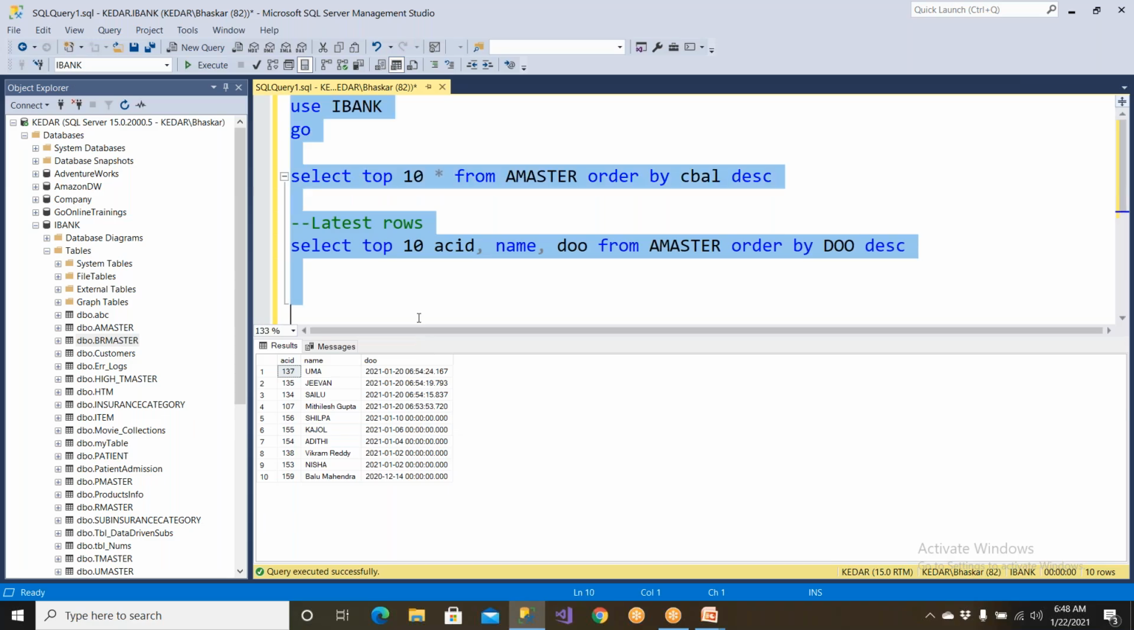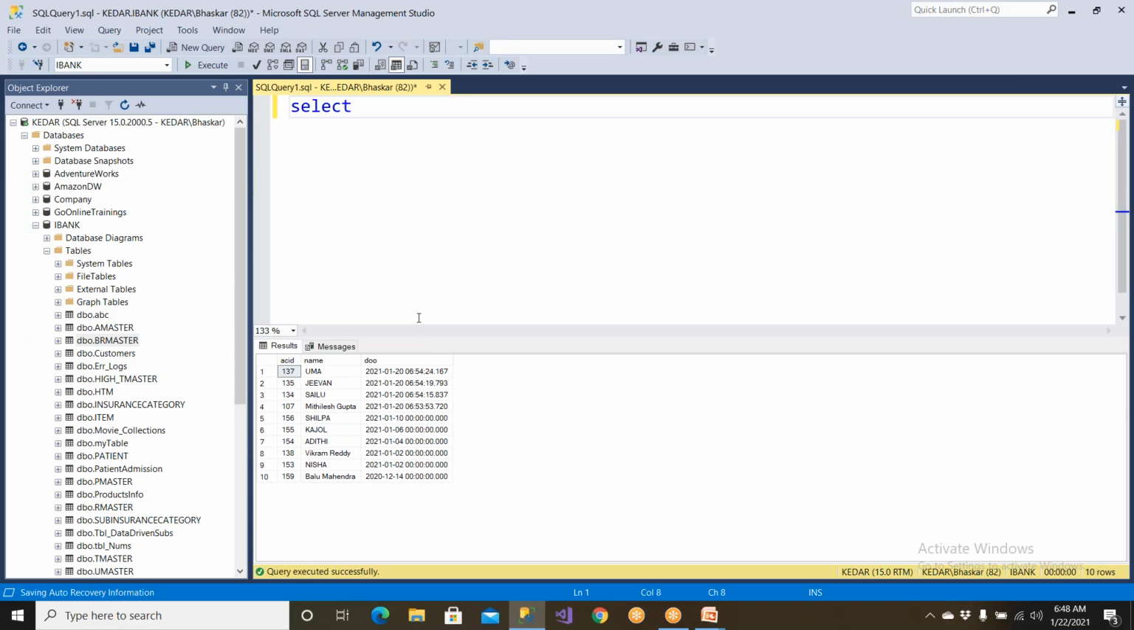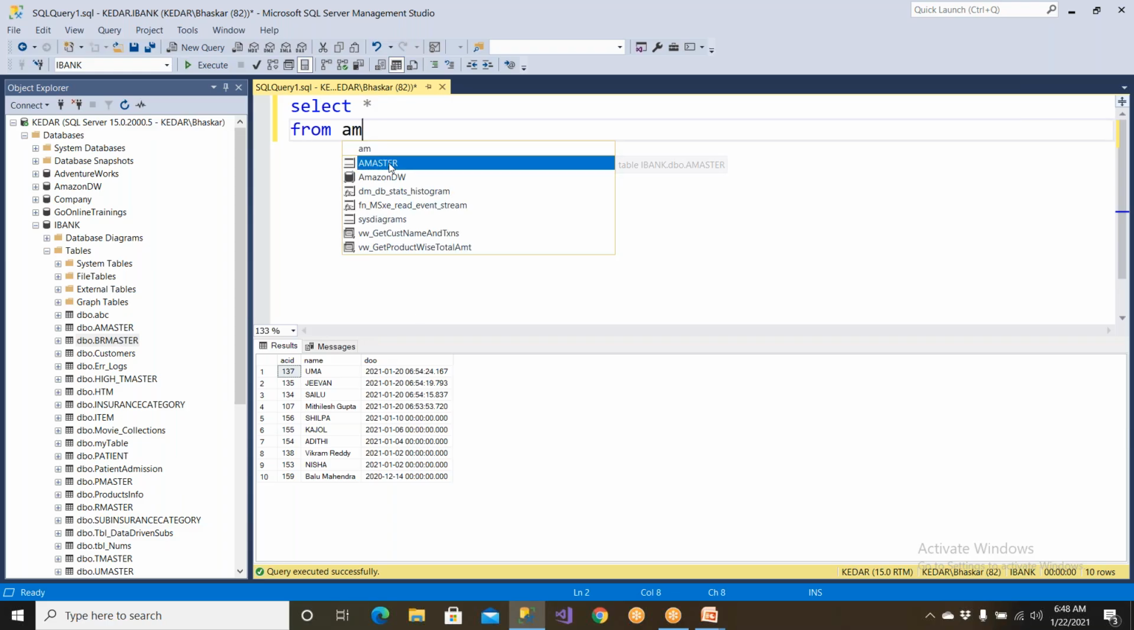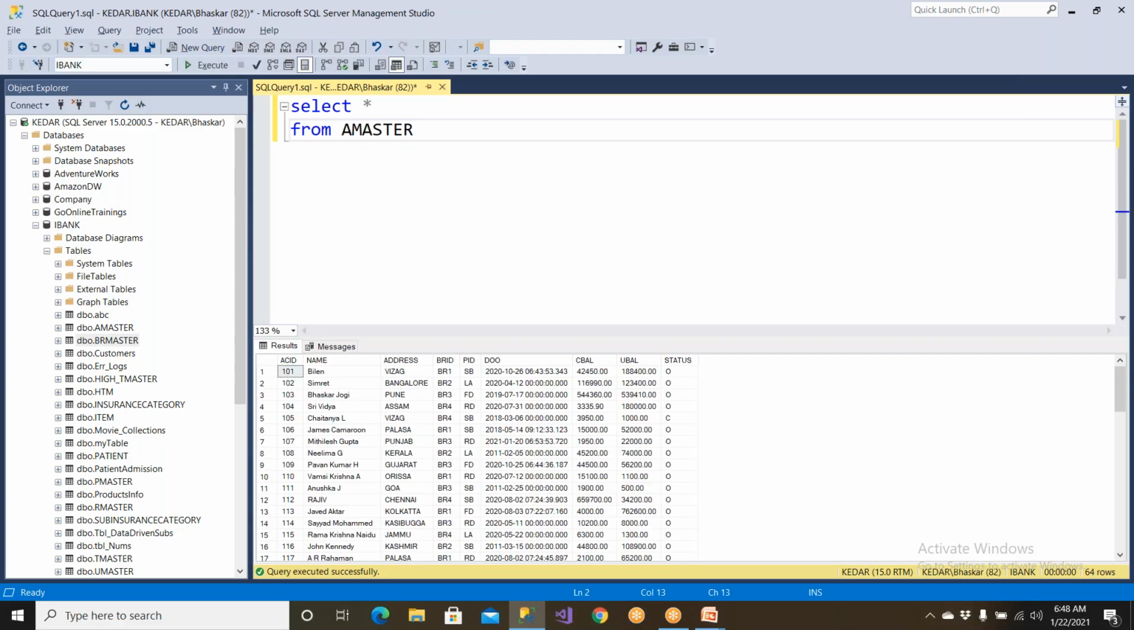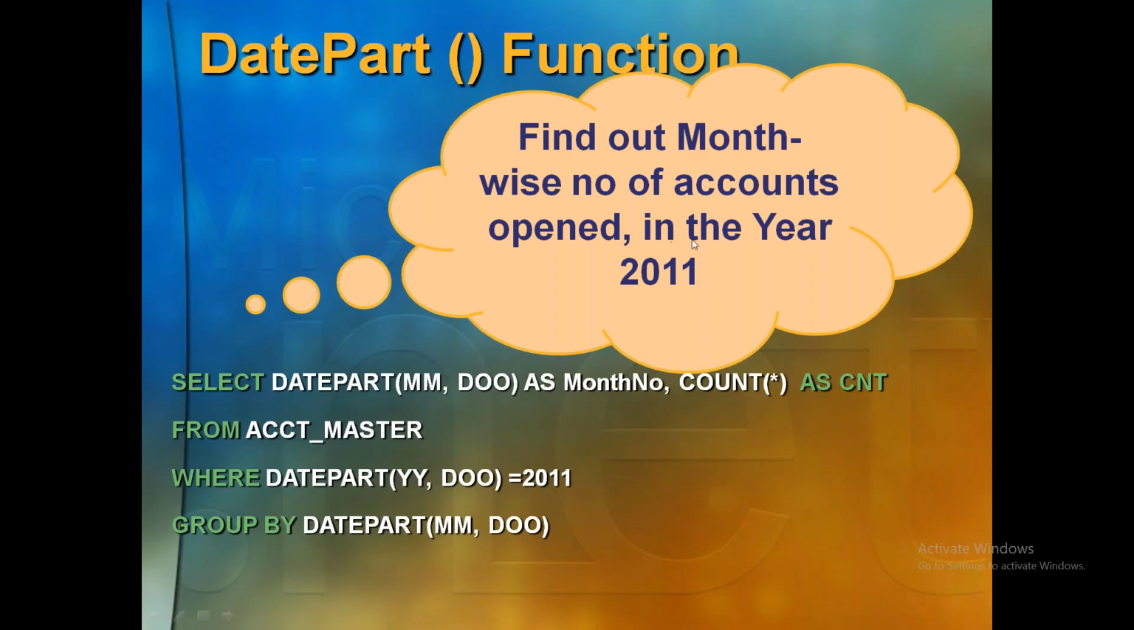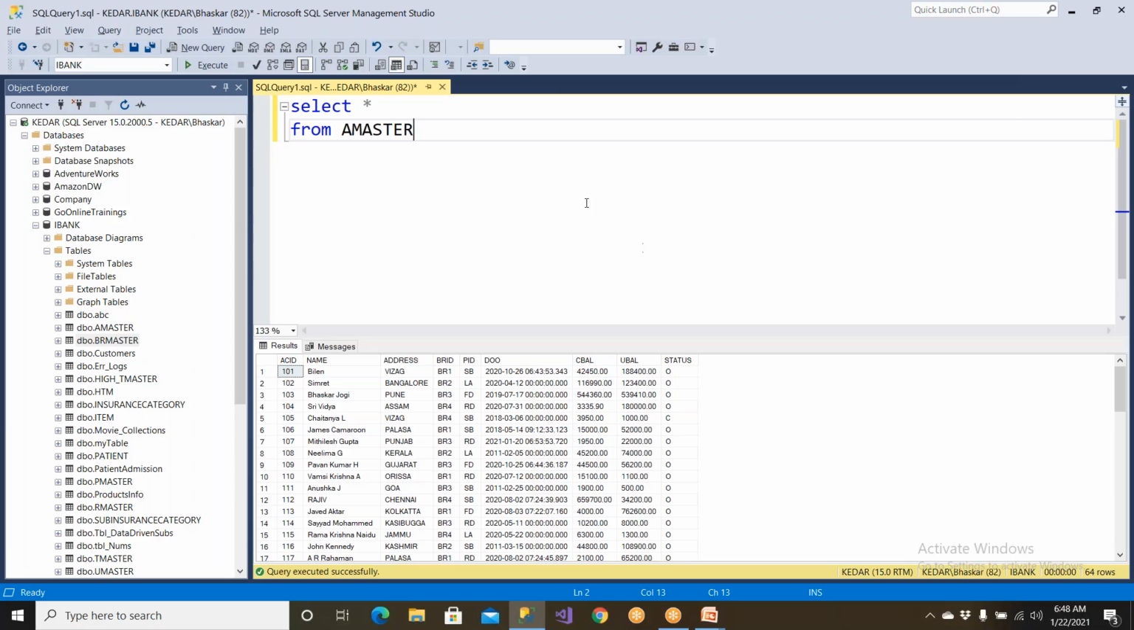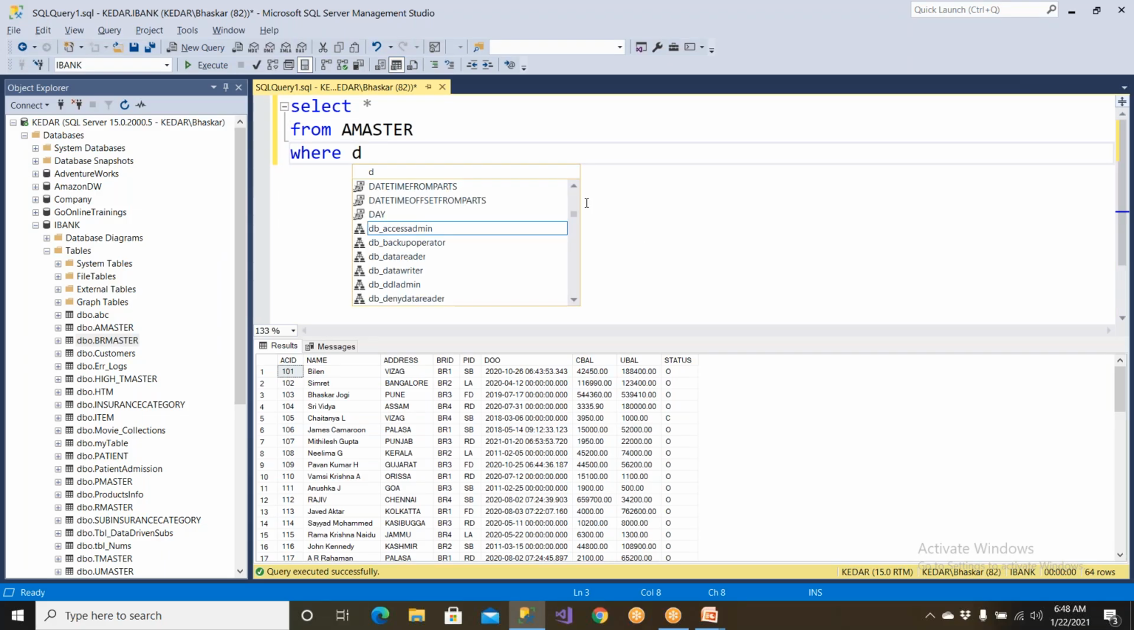Always, what is the query? You should be able to understand. Select star from the table name, right? So what is that we need? Try to understand the query: in the year 2011, blindly, you write a where clause. Okay, date part